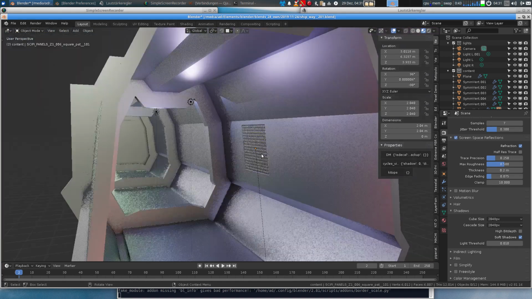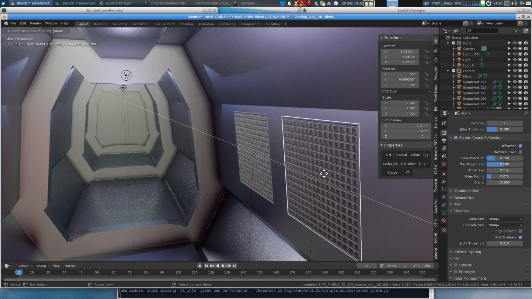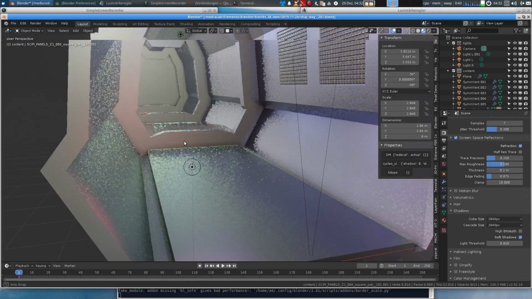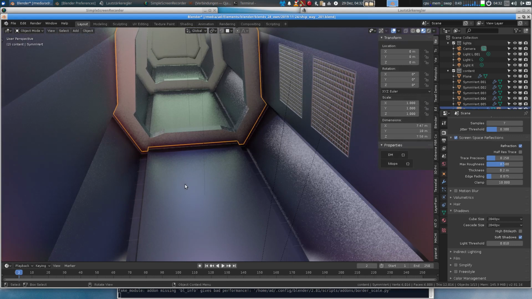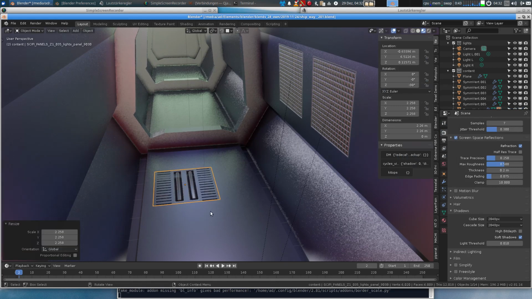Okay, so and there you have it, and you can duplicate it. Press Shift D and press Y and move it, for example. Add a second panel, and then we can continue adding panels on the ground floor. Press D, select the panels, and let's see. Maybe this one. And again, I move it to the center,